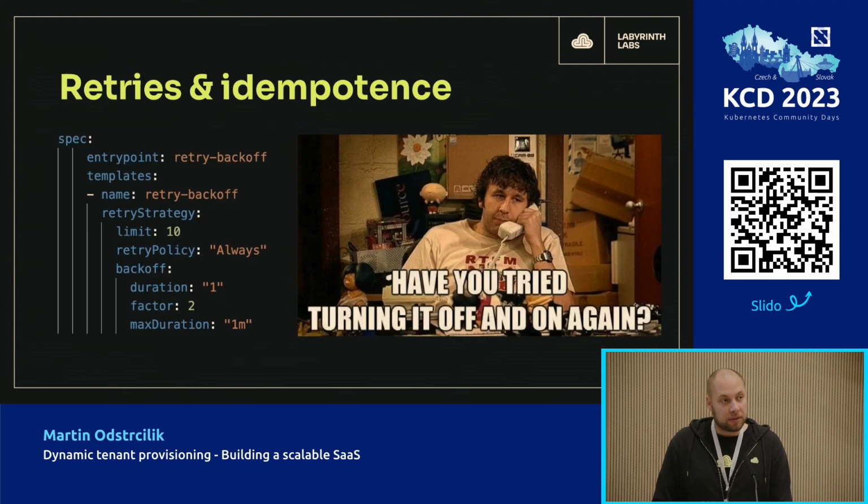And if something goes wrong, there is a built-in mechanism for doing retries in, let's say, clever way, using a backoff mechanism. But you need to make sure that when you are repeating those tasks in the workflow, they are idempotent, meaning that when you run them again, and if they succeeded or failed in the previous run, if you repeat those, the result will be the same without any side effects. It's really important because otherwise you will be including more errors into your workflow.